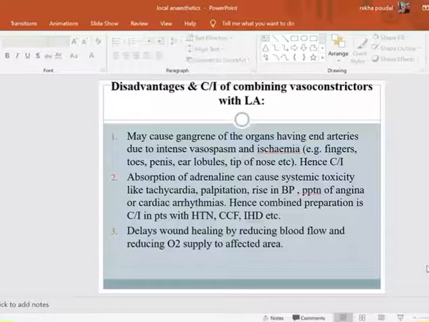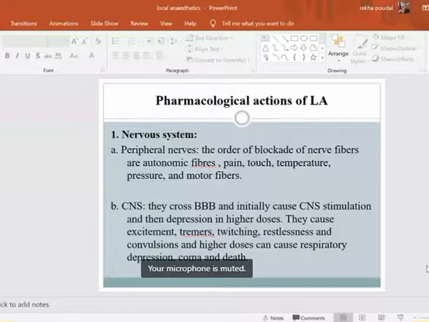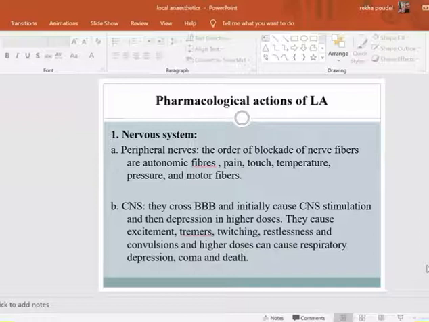Now, coming to the pharmacological actions of local anesthetics. Local anesthetics can affect various systems of the body. Coming to the nervous system, in peripheral nerves, as I had already told, the order of blockade of nerve fibers is autonomic fibers first, then abolition of pain sensation, followed by touch, temperature, pressure, and motor fibers. Whereas in the central nervous system, these local anesthetics can cross the blood-brain barrier, and after crossing